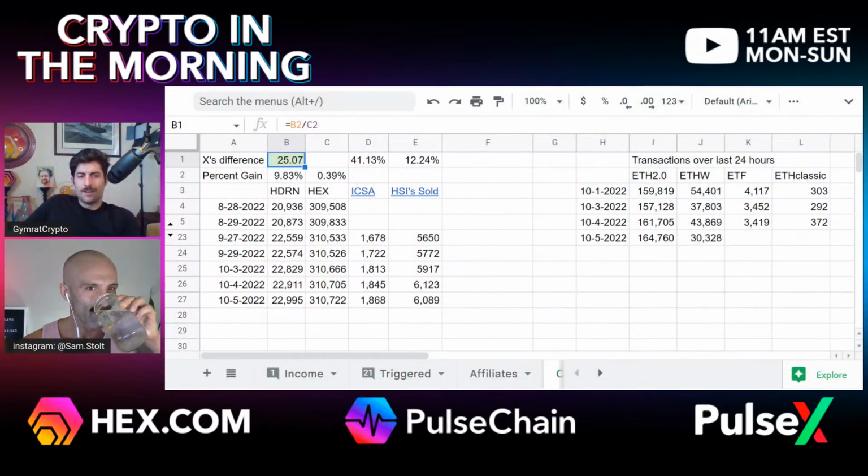Okay. This man is a new-ish investor in crypto, and he has not speculated heavily on Hex at all, but he has taken thousands and thousands of dollars and speculated on Hedron at different parts of the journey. So just take that with a grain of salt, guys. Say if you think Sam's a smart guy, and it doesn't mean he's never going to purchase Hex. That's not at all what that means.